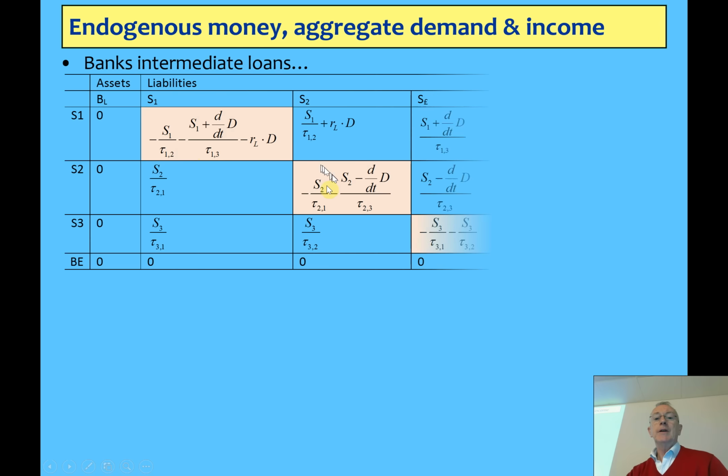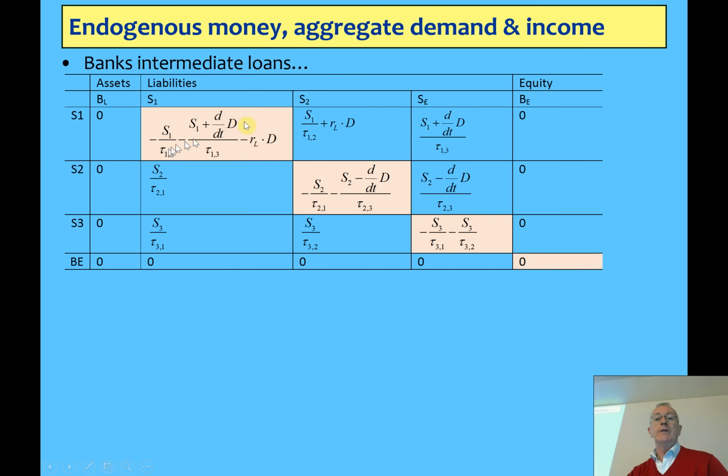is that here is expenditure by sector 1 on sector 2, no change there. But here's expenditure by sector 1 on sector 3, and it's borrowed money to spend on sector 3. And the amount of money it borrows flows out at the rate at which its time constant of expenditure is. Equally, the flow that sector 2 was going to spend on sector 3 is now fallen, so part of the flow is going across here to be spent by sector 1 on sector 3.